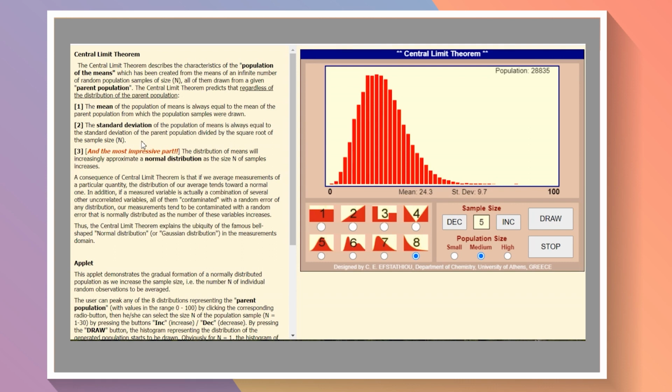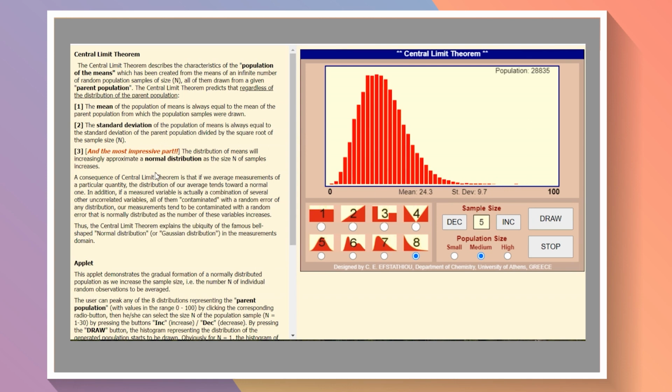Now coming to the standard deviation. The standard deviation of the population of means here is equal to the standard deviation of the parent population, remember, it was 21.7, divided by the square root of the sample size. What is the sample size here? 5. So 21.7 divided by the square root of 5 will give you 9.7. So that is the second characteristic. So what is the first? The mean remains the same. The standard deviation is equal to the standard deviation of the parent divided by the square root of